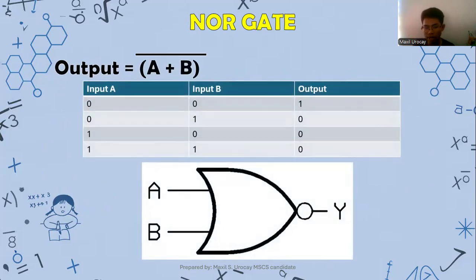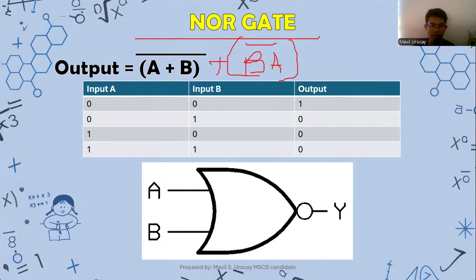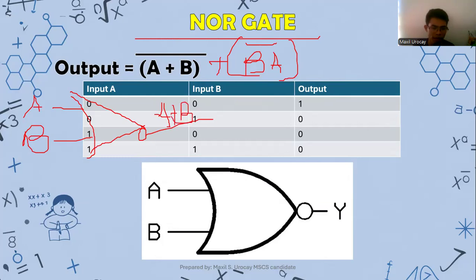Say for example, we have here A plus B, so it will become like this. So let's put into consideration another example. If ever that we have A plus B, then plus BA inverted, and then above that we invert again. So that's actually like this. A, B, then A plus B will become like this. And then that is A plus B, inverted A plus B above.